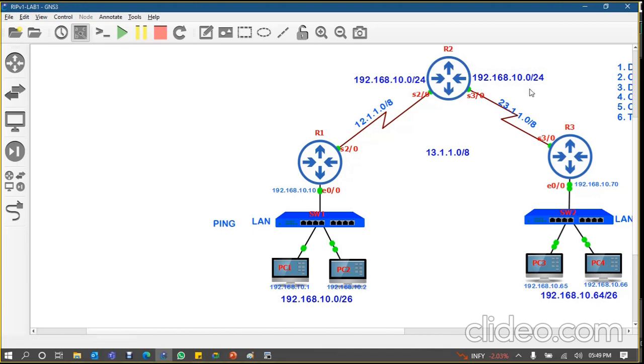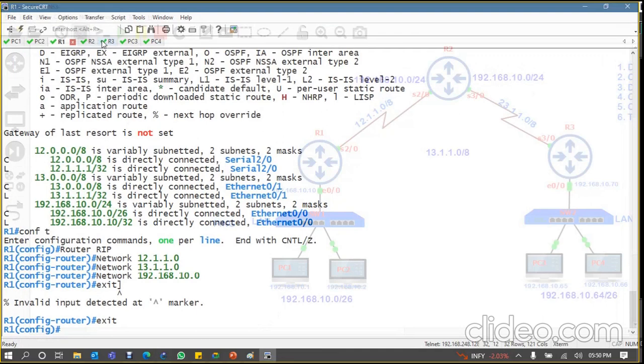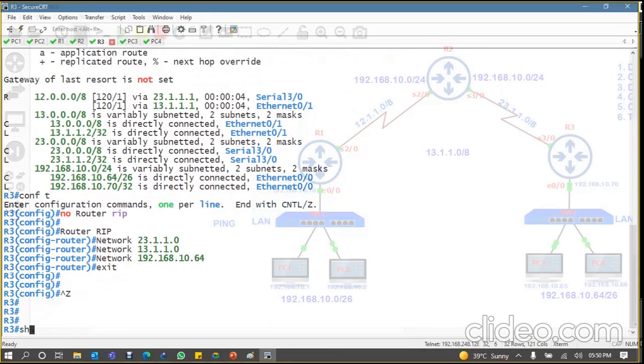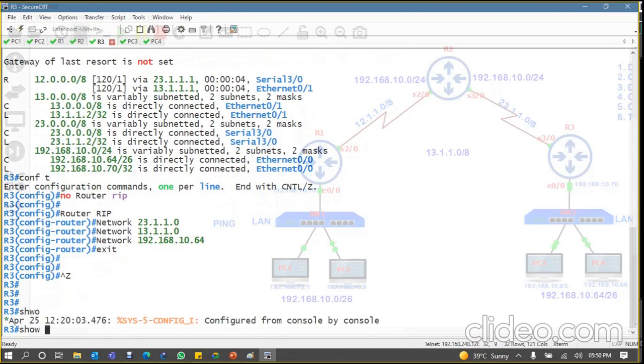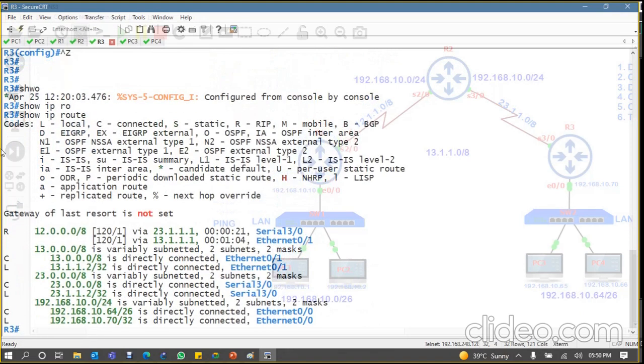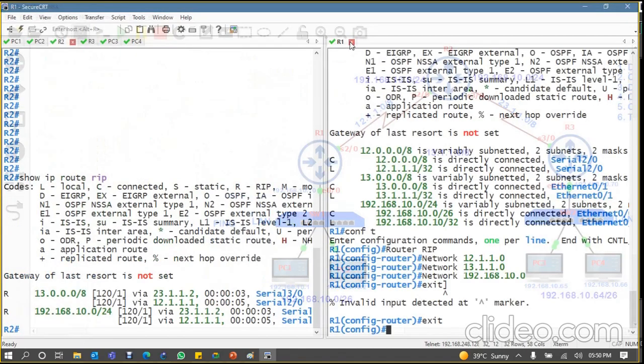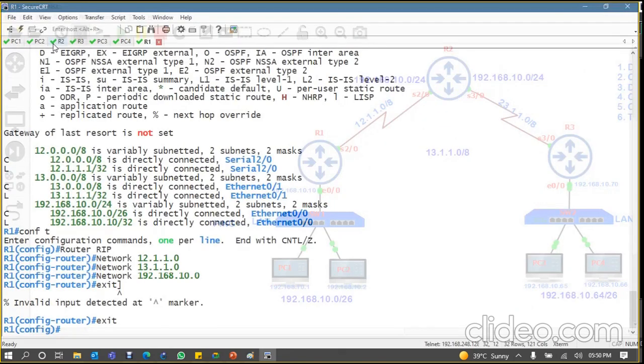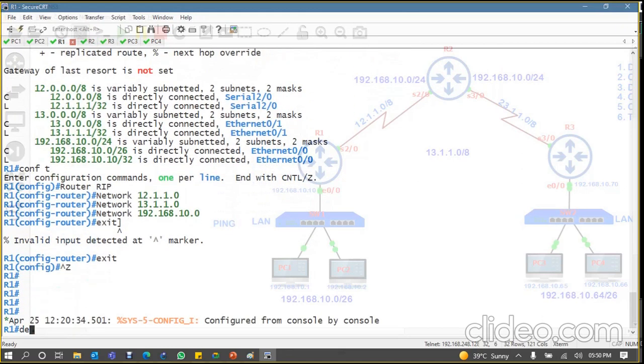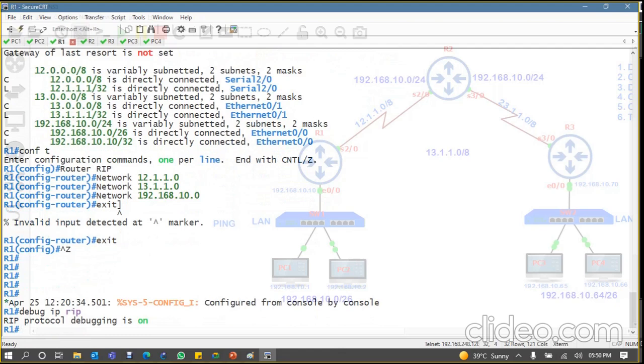Are you understanding? That's why R2 is not sending any information to R3. So, show IP route. See here, no information regarding 192.168.10.0. That's why there will be no communication. And if you come here and run this command, debug IP rip,